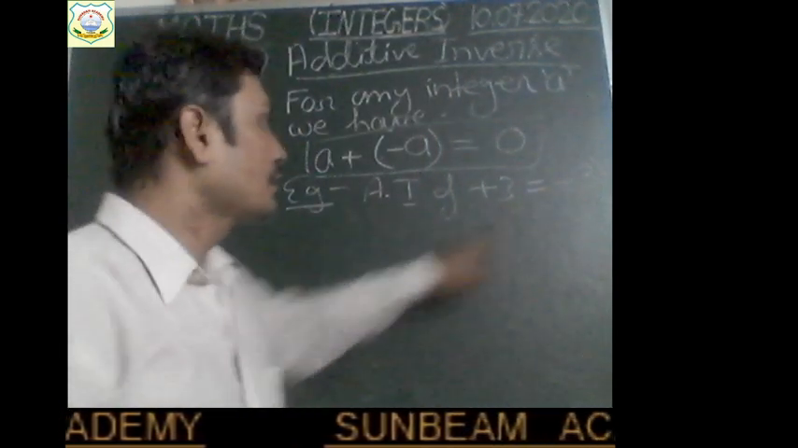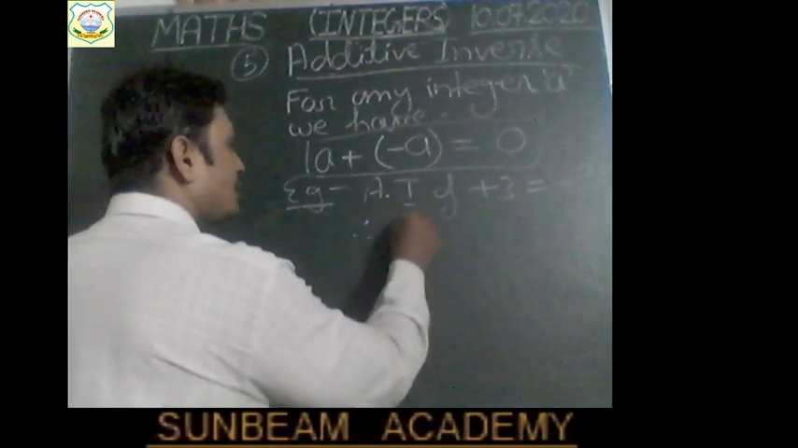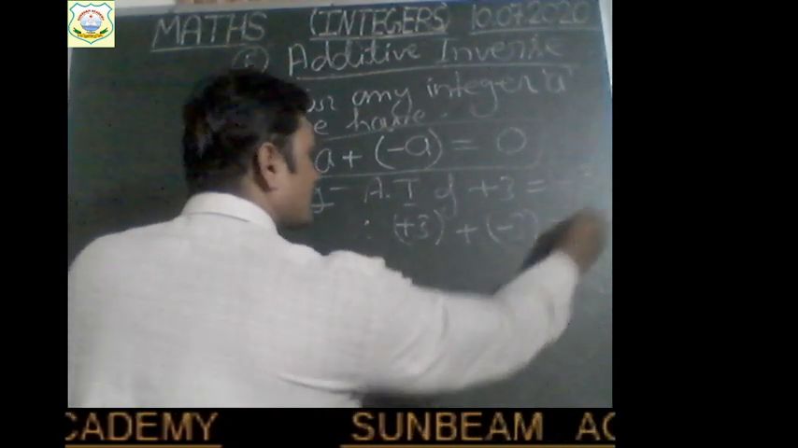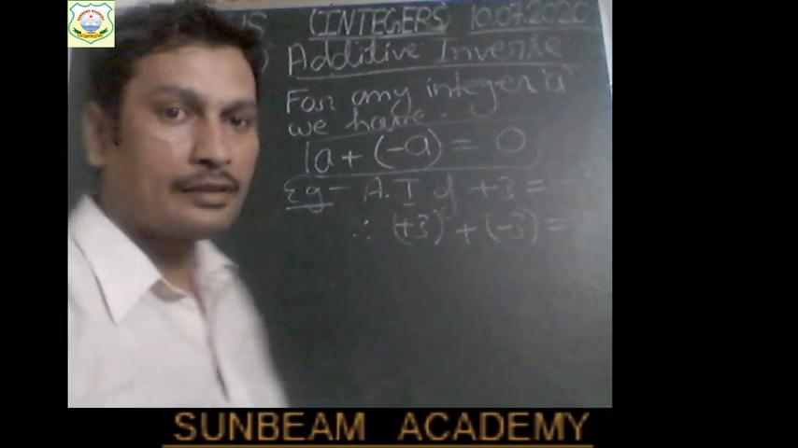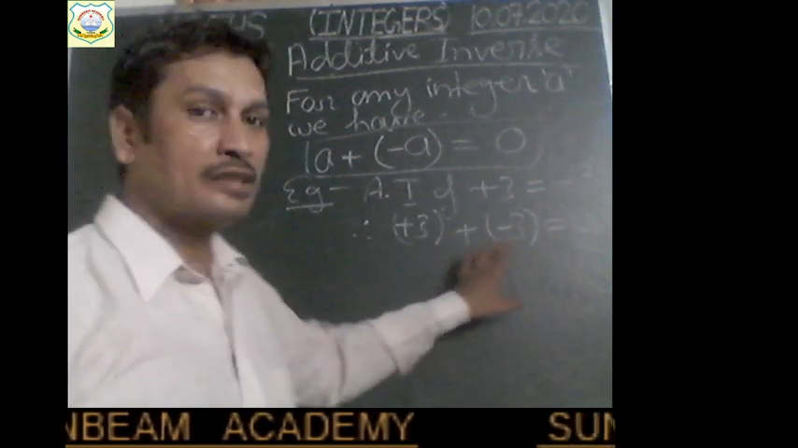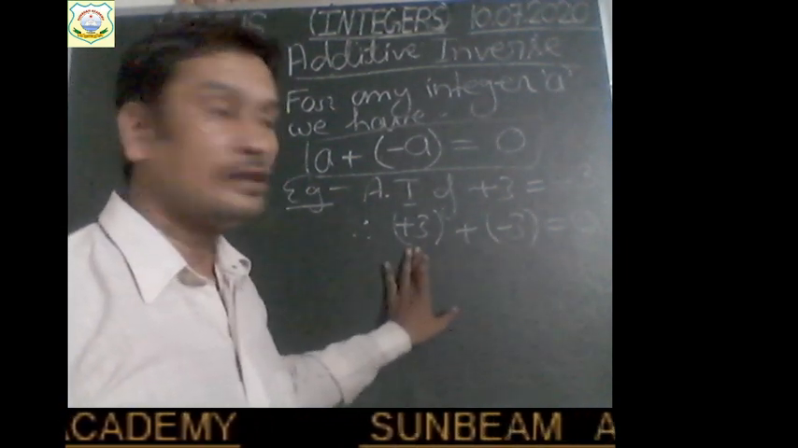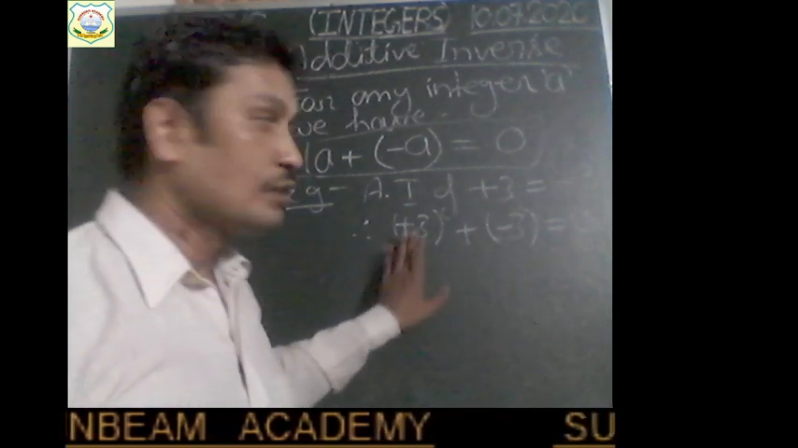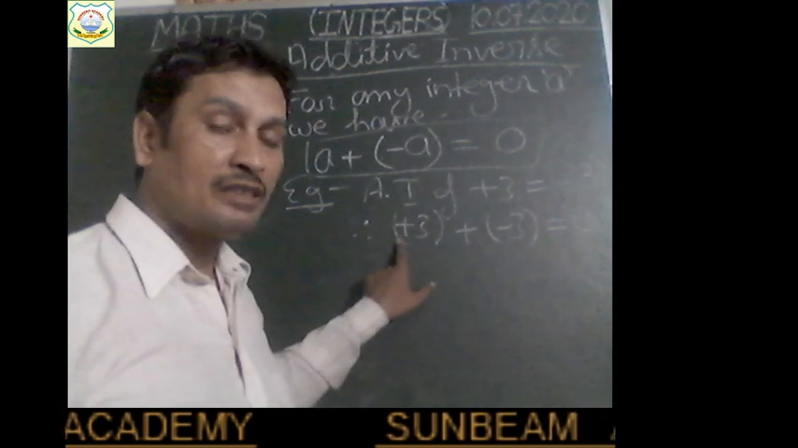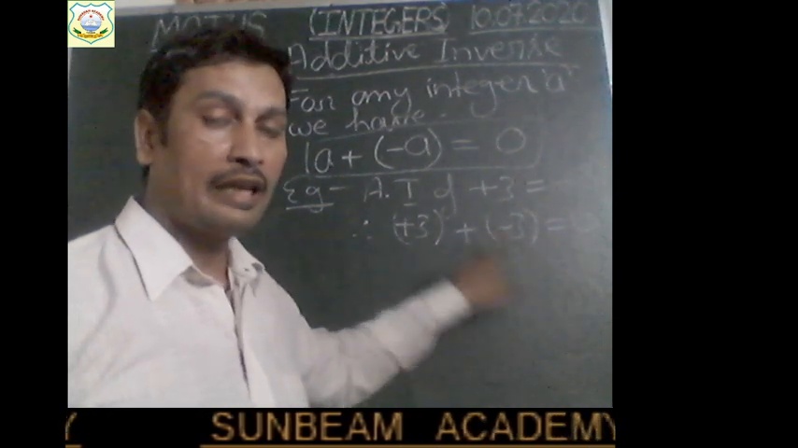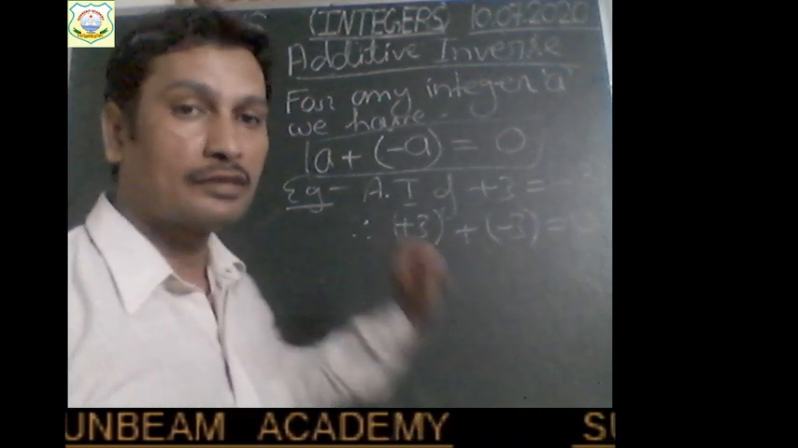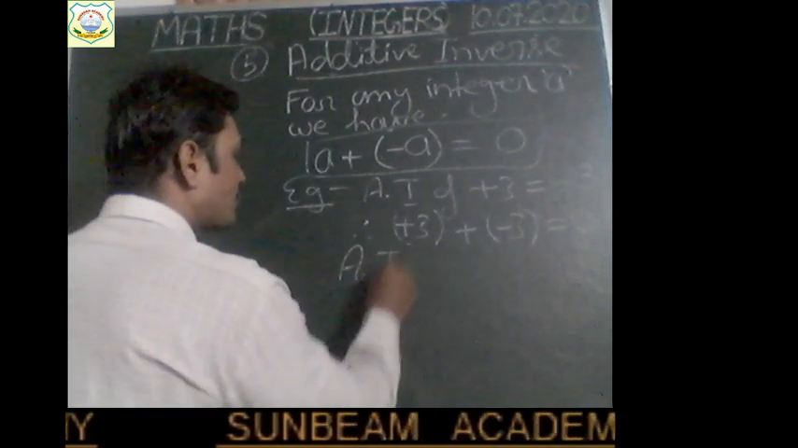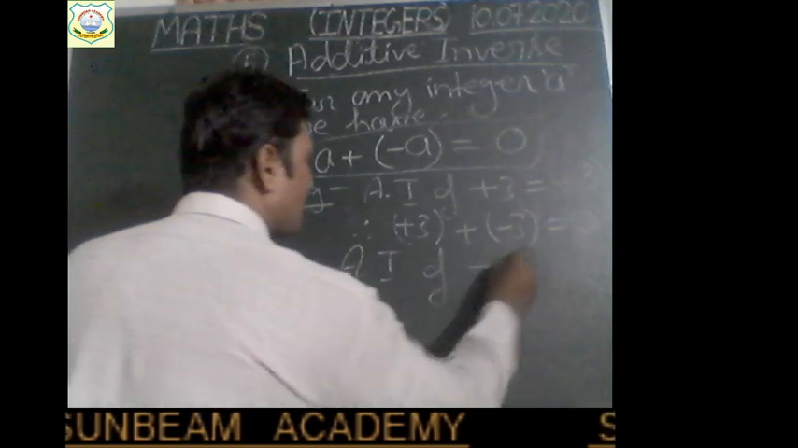If plus 3 is added into minus 3, then we get 0, right? So both the integers cancel each other. Plus 3 cancels minus 3 and minus 3 cancels plus 3. So we can say additive inverse of plus 3 is minus 3 and additive inverse of minus 3 is plus 3, right? If I ask you what is additive inverse of minus 5,